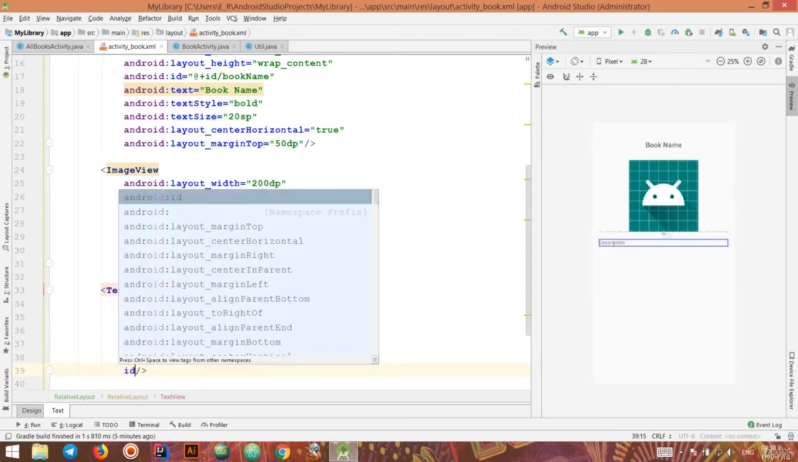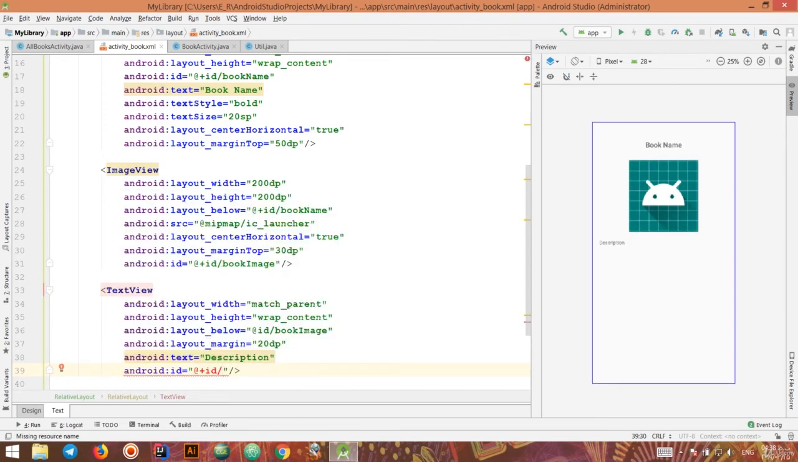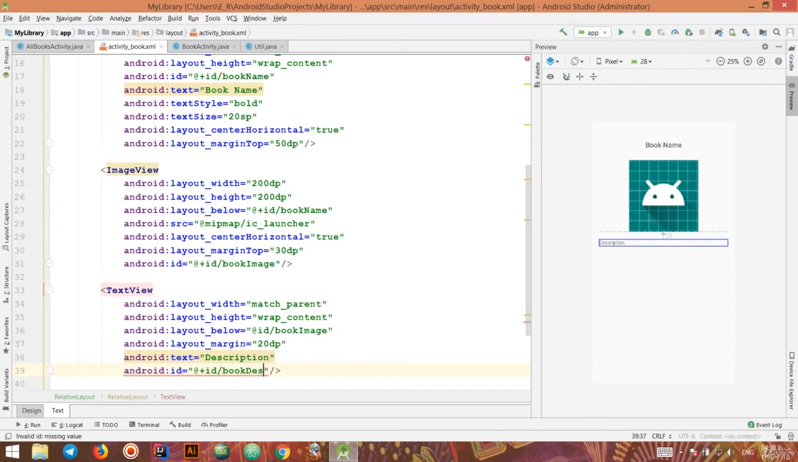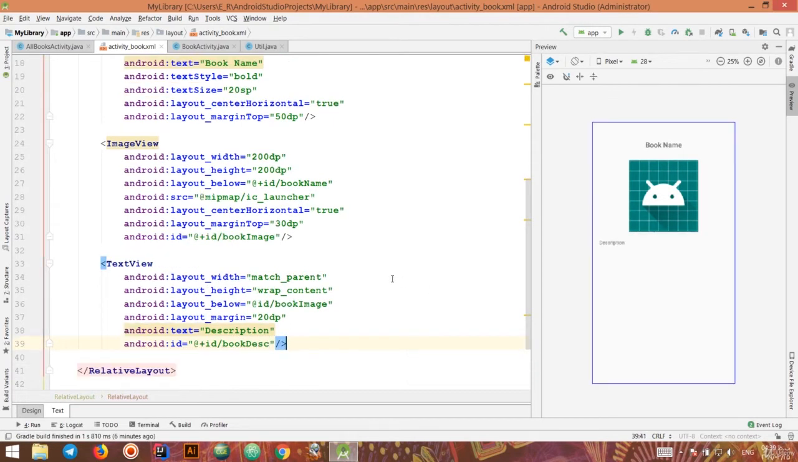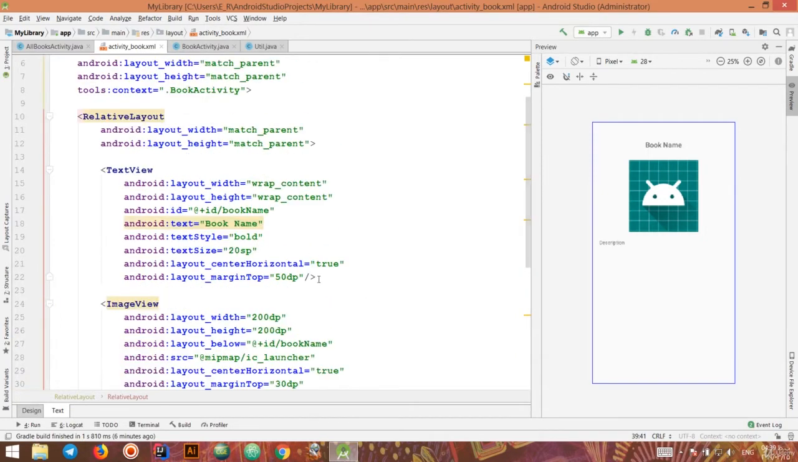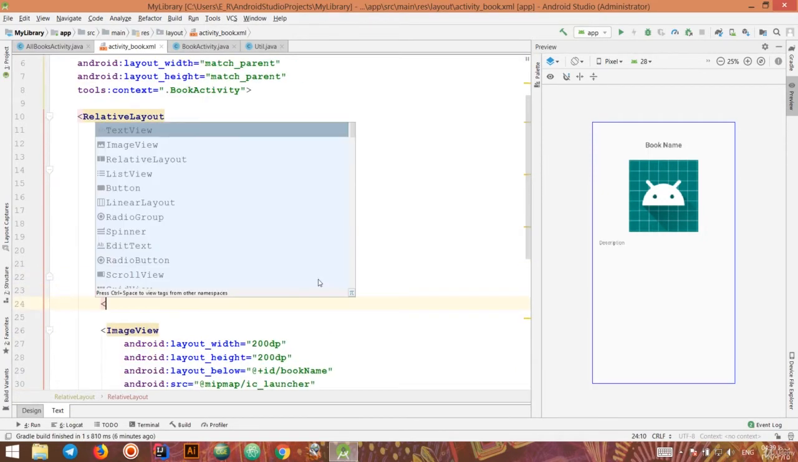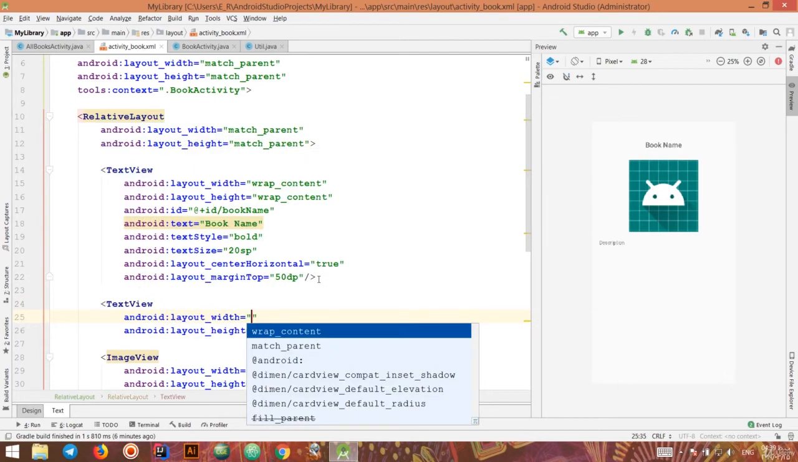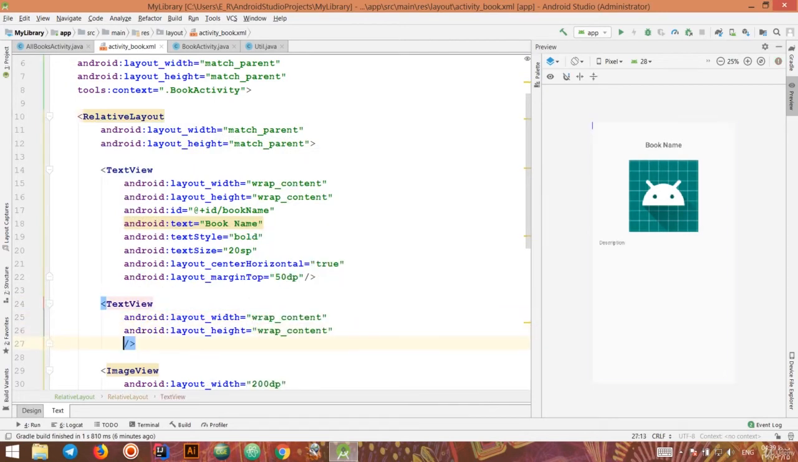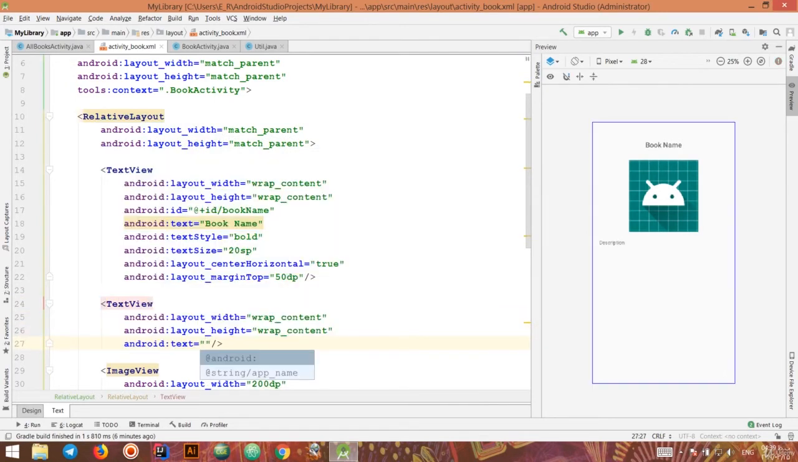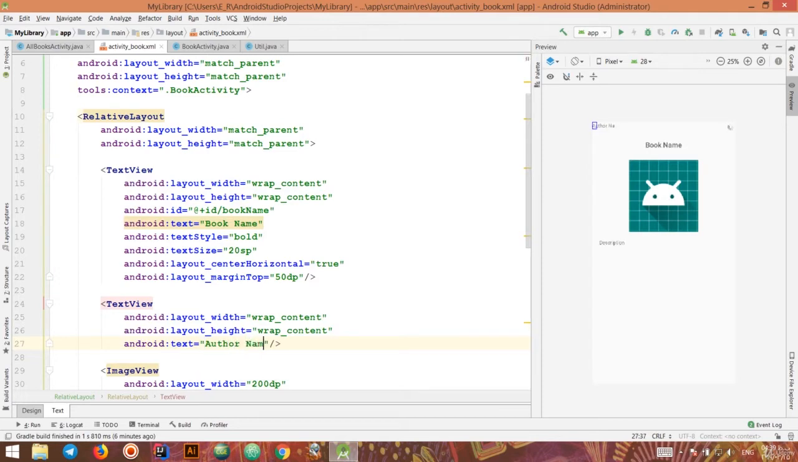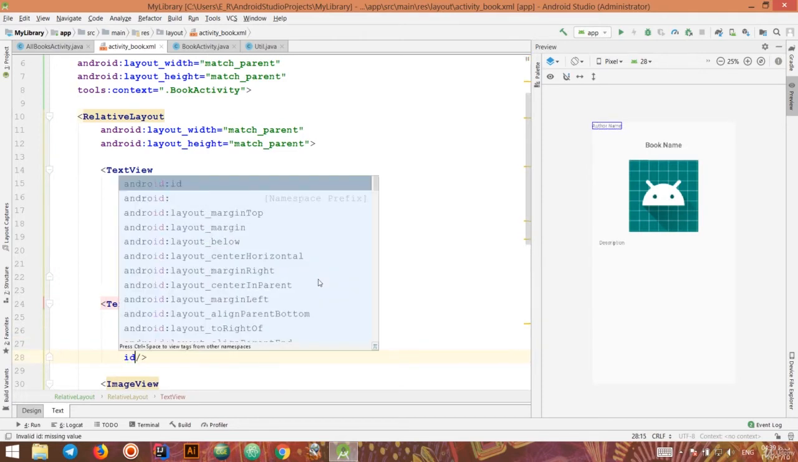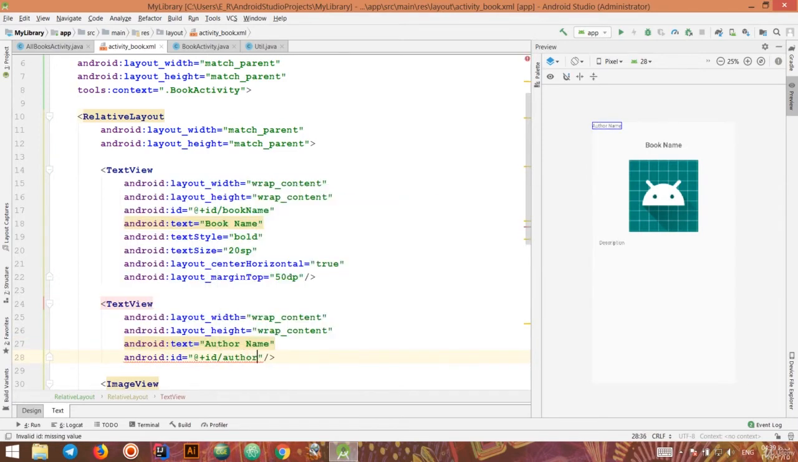Also an ID as well. Let's say book description. Also, let's add the author's name at the top in here. Text view, wrap content and wrap content, text, author name, ID, author name,